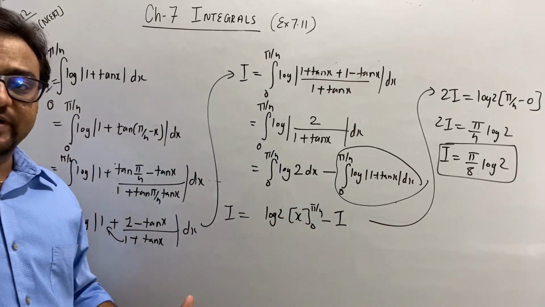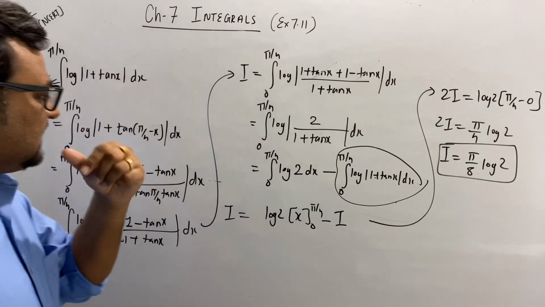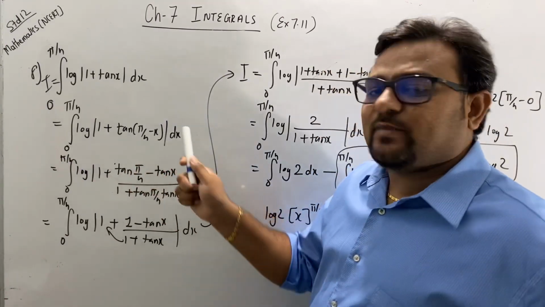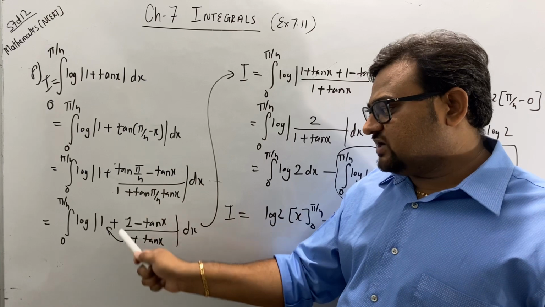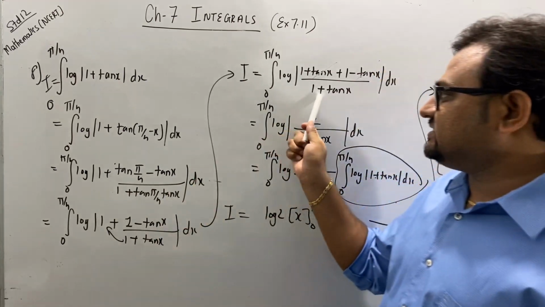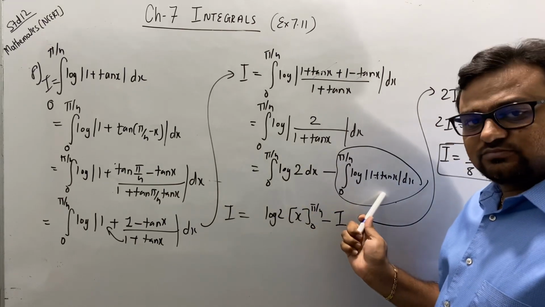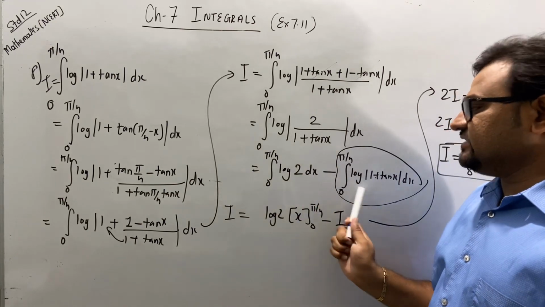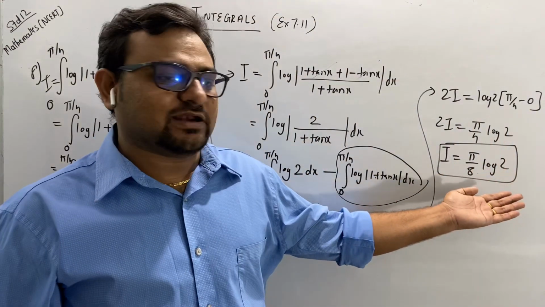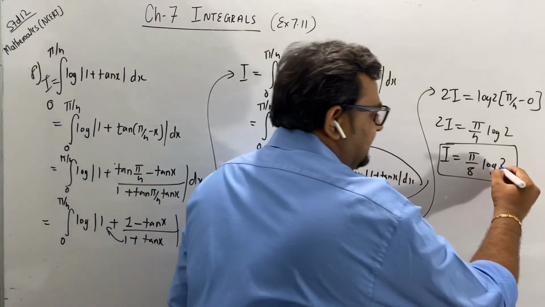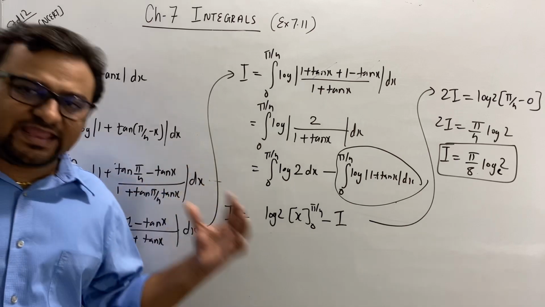Okay, this is an important sum. This can be asked for 3 marks. I'm repeating what I had done. Instead of x, a plus b minus x. So it's 10 of pi by 4 minus x, putting the value of 10 pi by 4 as 1. Okay, taking LCM, now it's 2 upon 1 plus 10x. Separated it. These are integrals, and this is our question. So I'm putting I. Finally, I'm getting this equal to pi by 8 log 2. Remember, the base here will be e. Okay, so just go through question number 8.